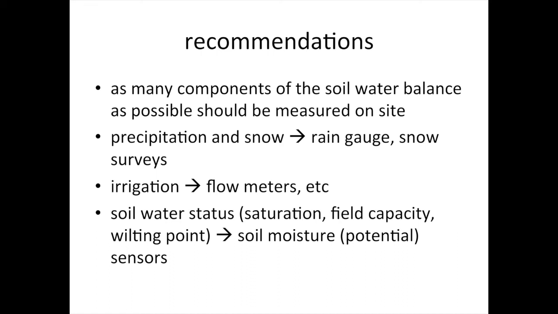You need to know how much irrigation you're applying, and your irrigation provider will have this available, probably using flow meters, so you know how much water is flowing through irrigation lines, etc. Soil water status. We need to keep the soil water content between that field capacity and permanent wilting point range. We need to have timely and up-to-date measurements of soil water content or soil water energy or potential. And these are simple, inexpensive sensors now that can be installed. And with the technology these days, you can measure this every second if you want. Okay, it doesn't need to be that quick. You'll be drowned in data, but at least on a daily basis, you need to be able to track your soil